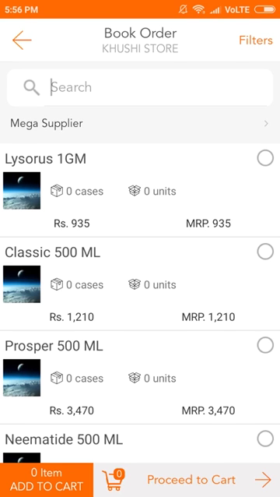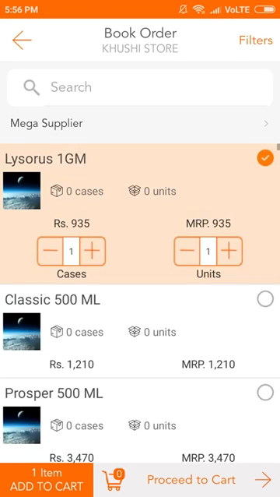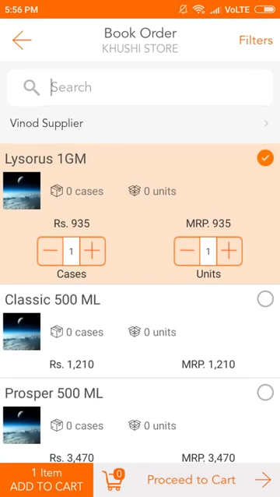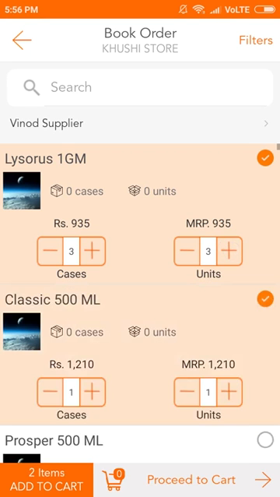Select product, then select supplier. Now you will be able to see the number of cases and units available with that supplier. You can add or remove number of cases or units. Then click on add to cart.